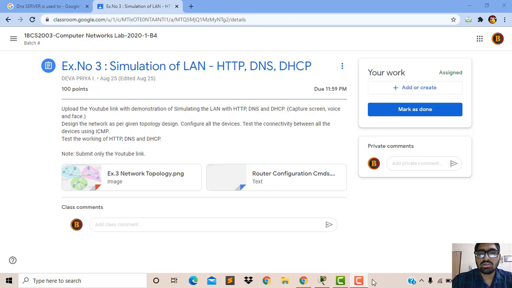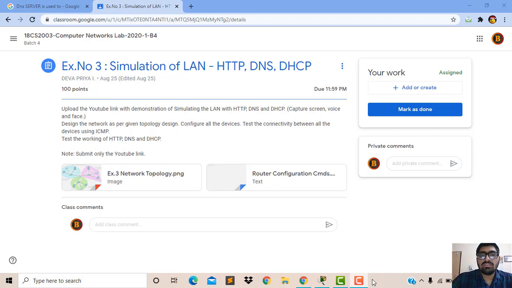Now we will discuss DHCP, Dynamic Host Configuration Protocol, which is used for the process of configuring an IP address. The DHCP server is used to automate the IP addresses of laptops or computers.